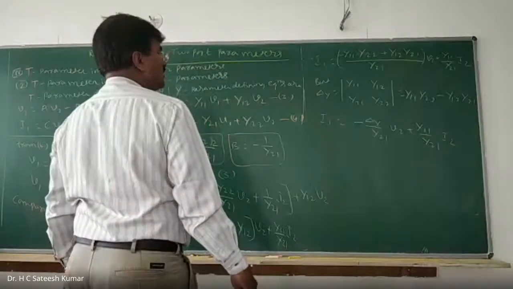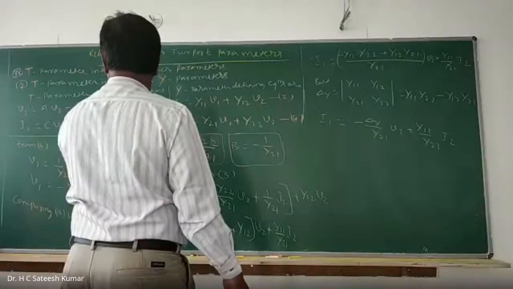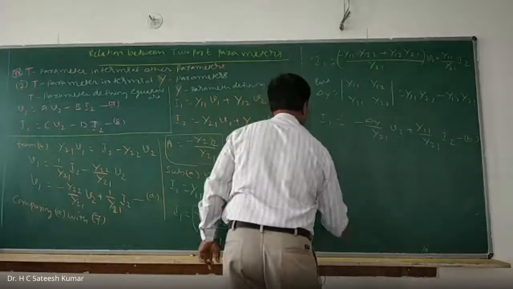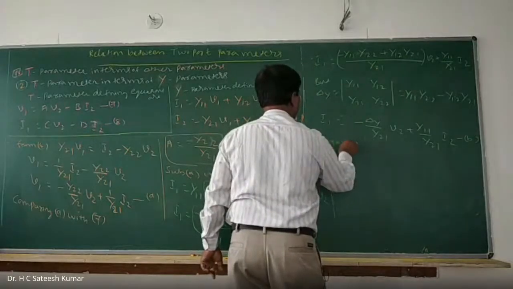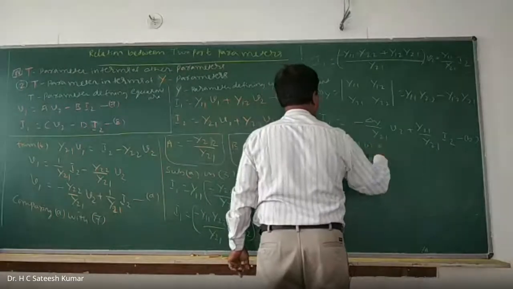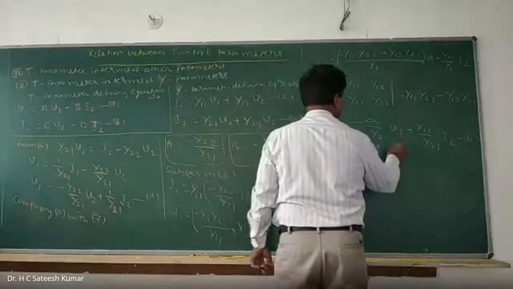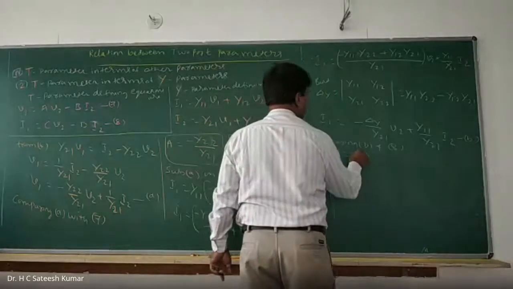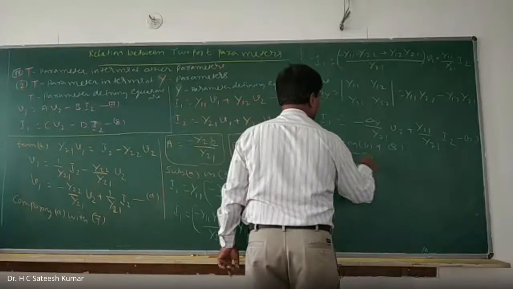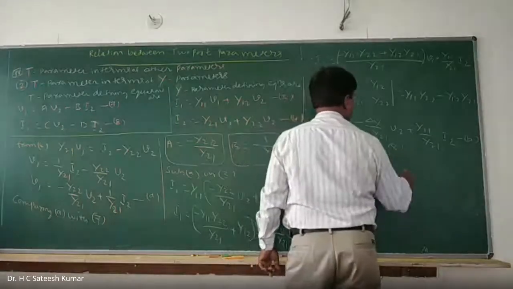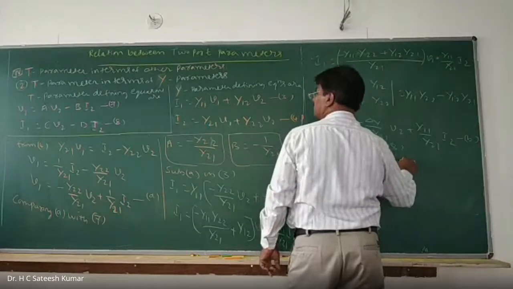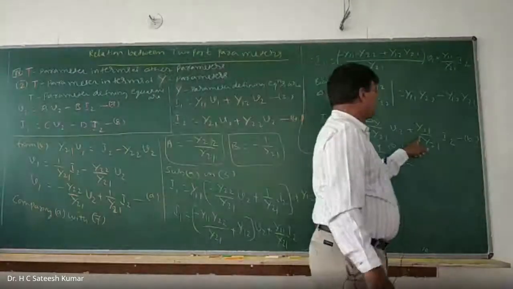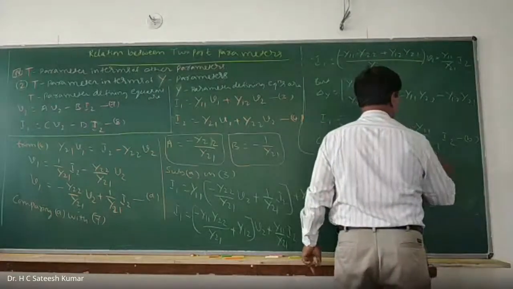Now I1 should be equal to, first we should get, okay. Call this as equation number B. Comparing B and 8, we get C is equal to minus delta Y divided by Y21, and D is equal to, we have minus D here. Minus D is equal to this much. Therefore, D is equal to minus of Y11 divided by Y21.